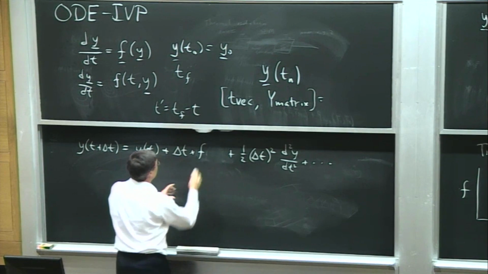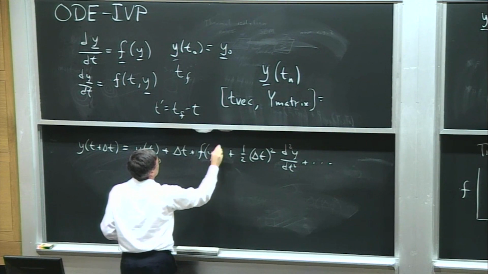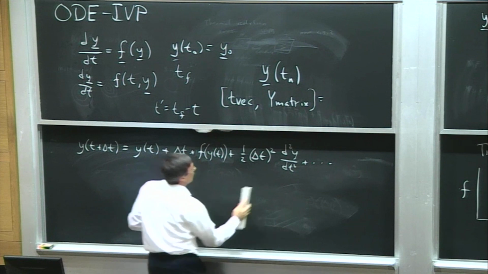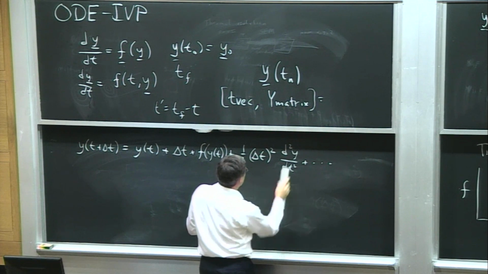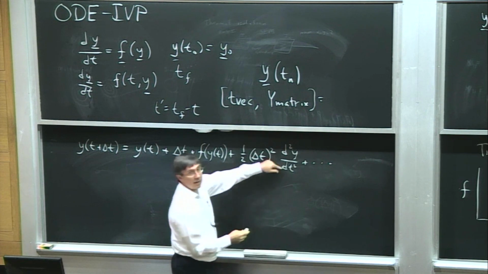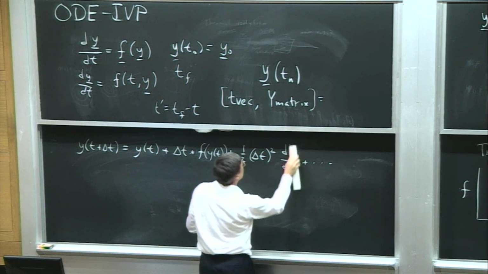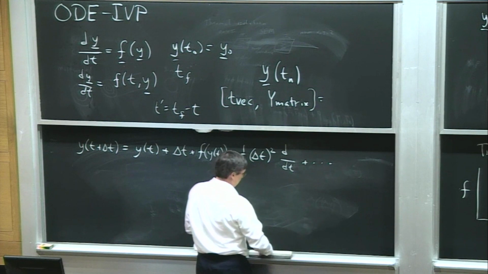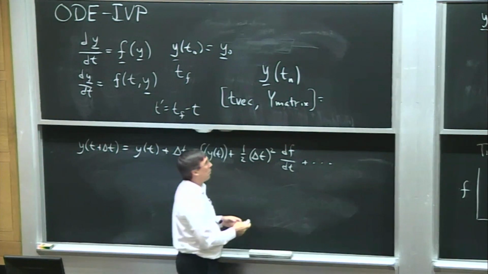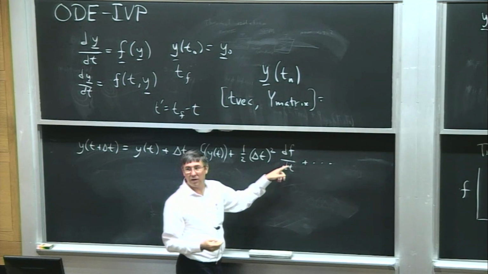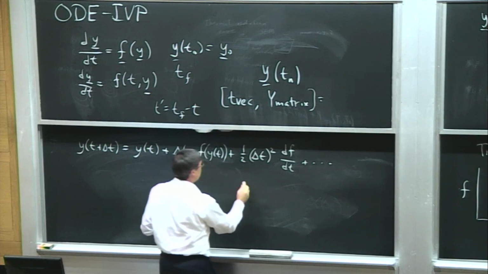So this is f of y of t. And then over here, this is d squared y dt squared, but dy dt is f, so this is really df dt. But f is actually not a function of t, it's a function of y, right? But we can do chain rule. So df dt